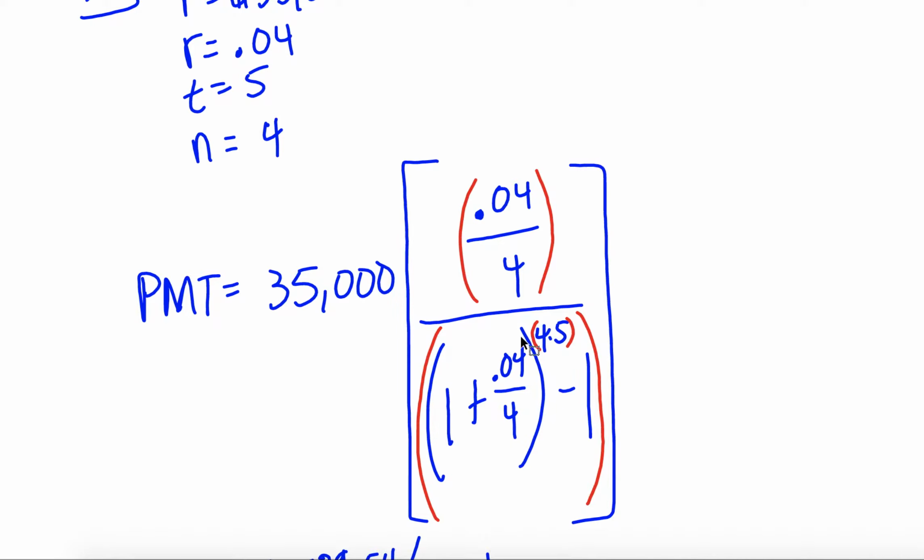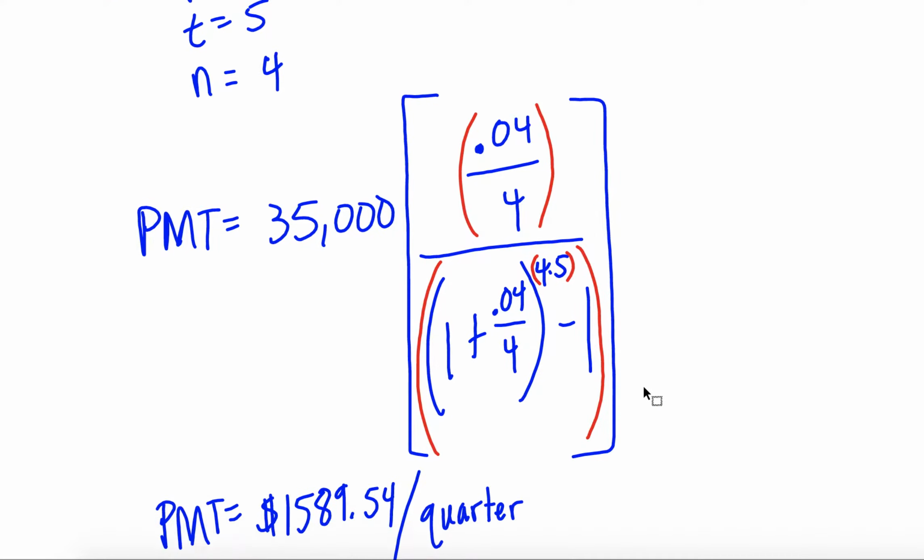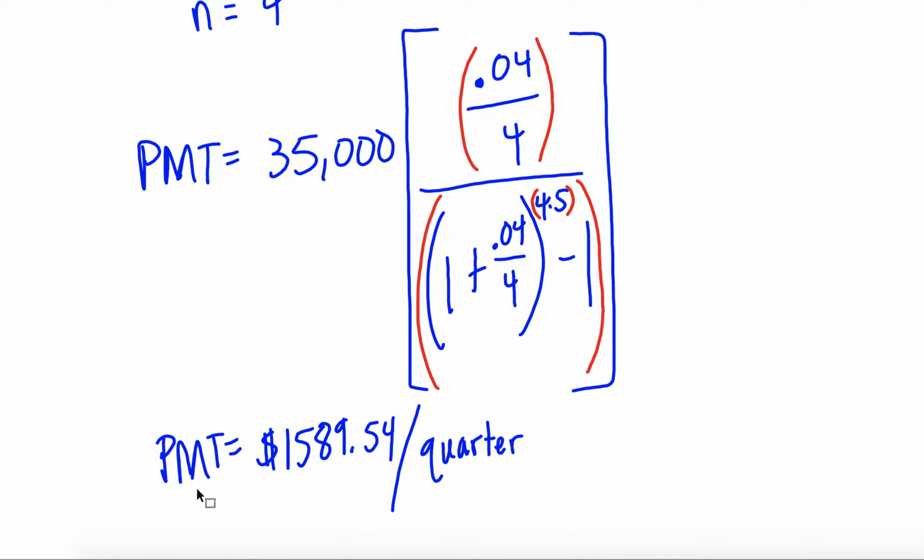Raised to the 4 times 5 in parentheses. Or you can just type in 20, because you know 4 times 5 is 20. And then minus 1. And then close all the parentheses. So it finds out that your payment, in order to have $35,000 in 5 years, you have to put away